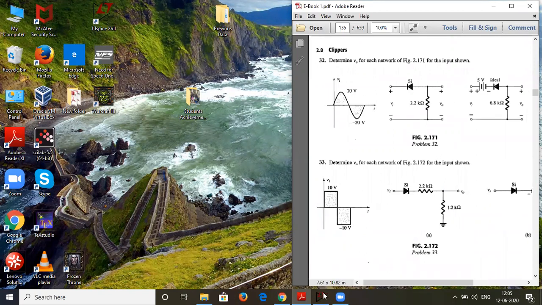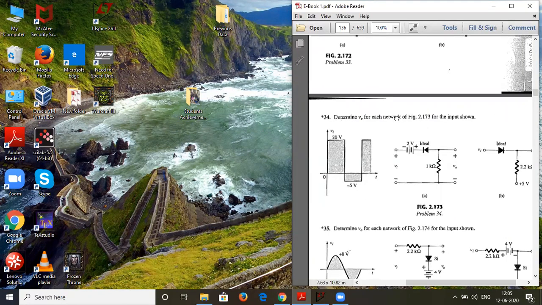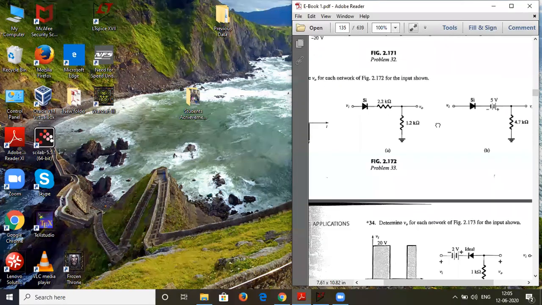The only thing is, why I've kept this meeting is you all are comfortable doing it with the sine wave, but today you also have to do it with the square wave, which starts like this, and also at the end the triangular wave. So I'm here to help you out in LTspice in doing that, or else you will waste too much time searching for how to do it.